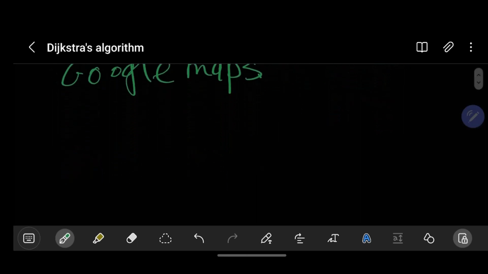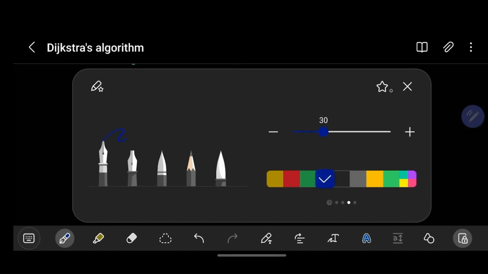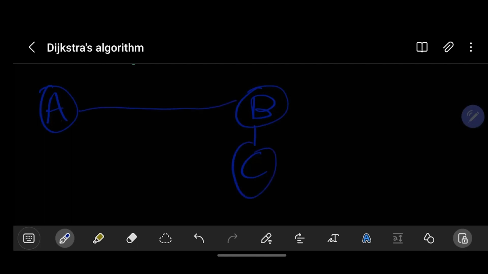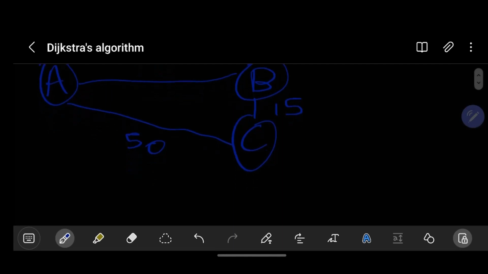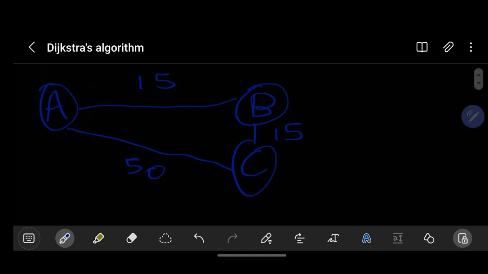Let's look at a quick and simple example of something like this. Let's say we have 3 points or 3 nodes. We have A, we have B, and we have C. Okay, so we have A, B, and C, and we have this as 15, we have this as 15, and we have this as 50. Okay, we can find the shortest path from A to the other nodes by using the principle, or just by looking at this, and we can see